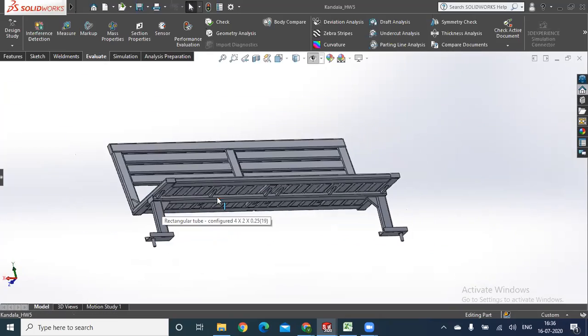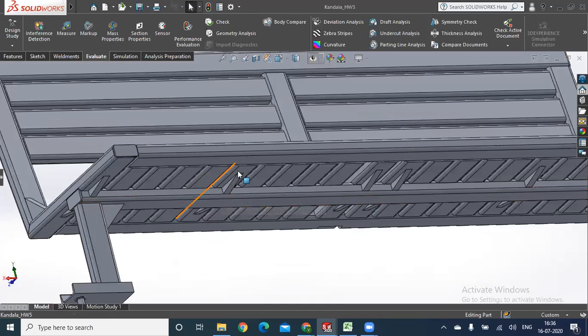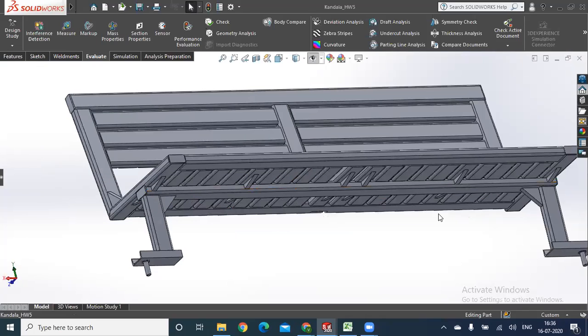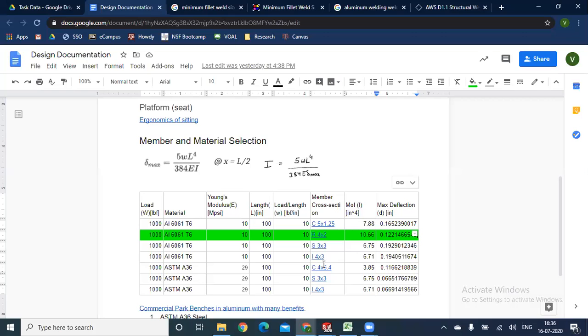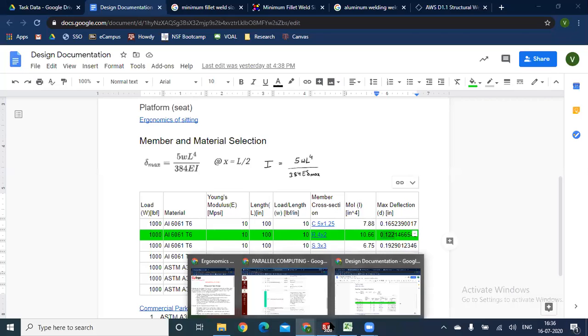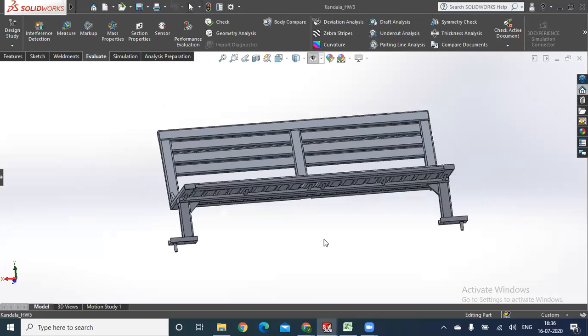So I provided these ribs. I used gussets to provide this kind of ribs that make sure that even though these particular members or bars are supported, most of the weight is carried on to the central beam, which holds most of the weight. And as observed here, for this particular case, the 100-inch AL6061 and 4x2, you see that the maximum deflection itself is much less than 0.2, which was the requirement. So I have some room there to play with, so that's a good thing.